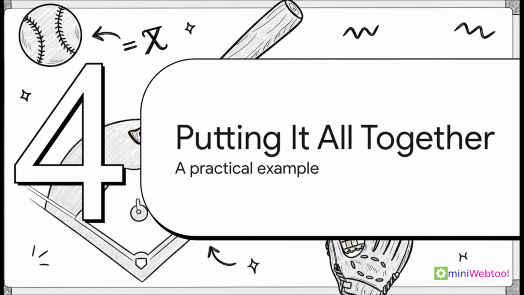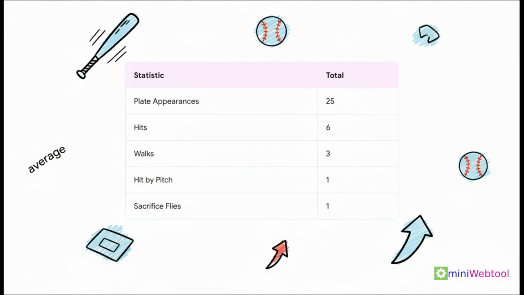Okay, theory is one thing. Let's make this real. Let's see how this all works in practice with a real-world example. This is where it's all going to click. All right, let's meet player Sarah. Here are her stats. Over a few games, she's had 25 total plate appearances. During that time, she got 6 hits, she walked 3 times, got hit by a pitch once, and hit 1